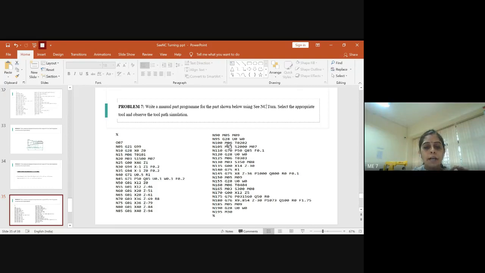For that you should write M06. Now we are supposed to select the second tool for the finishing operation of turning. After checking the tool and offset number, it's our work now to turn the spindle on. So kindly type M03 for spindle on, provide the spindle speed value, and don't forget to turn the coolant on.